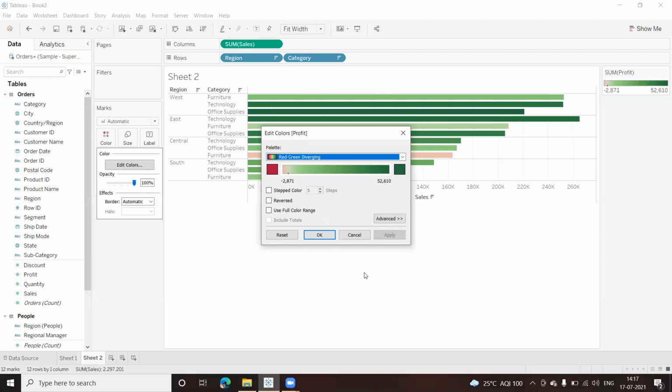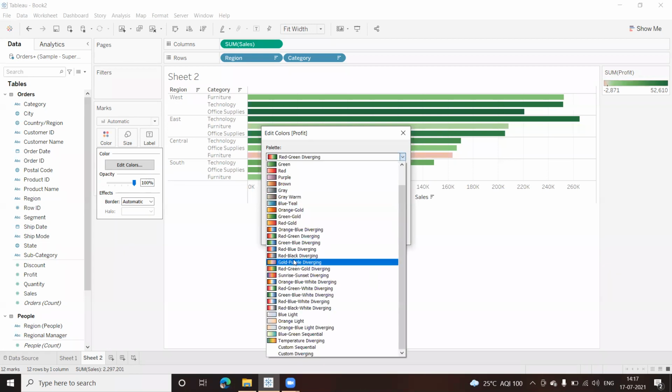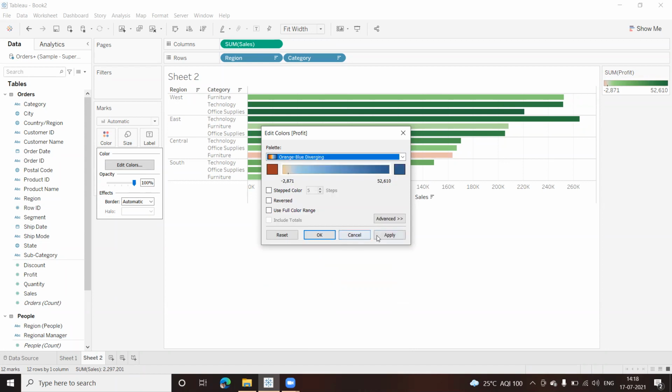One of the reasons why the color we selected, the previous one, orange blue diverging, is getting selected automatically is that with orange and blue, usually you won't find any issues with color blind people. Recognizing the colors for them is easier. Whereas when we use the red color or the green color, recognizing those colors becomes difficult for them. For them it might be some gray color.